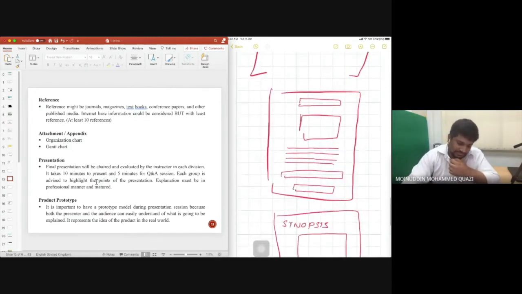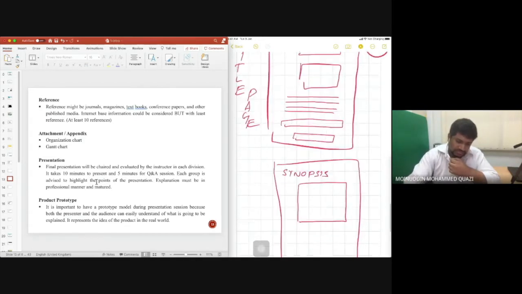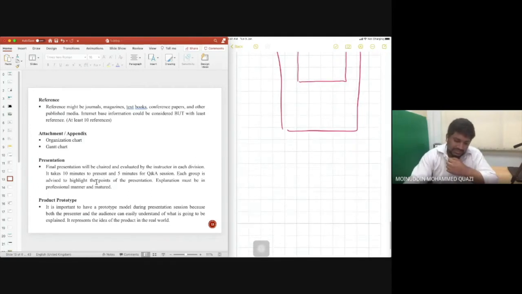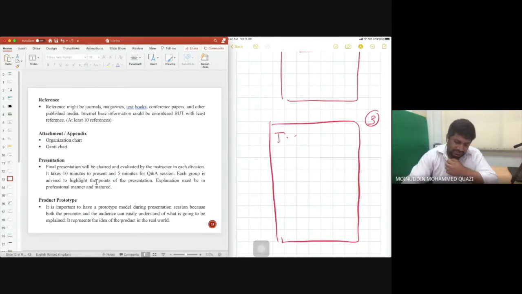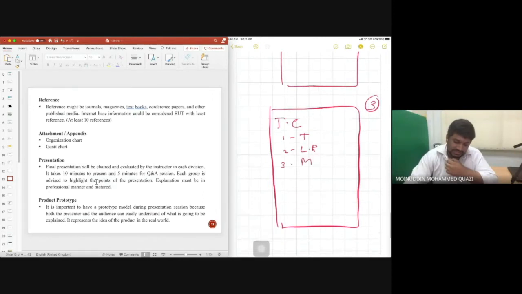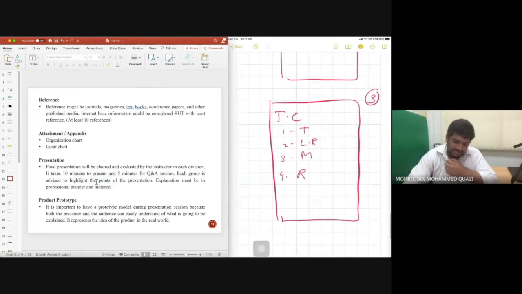So first is title page, number 2 is synopsis, number 3 is table of contents. So you will have table of contents: number 1 introduction, number 2 literature review, number 3 methodology, number 4 results, number 5 conclusion.